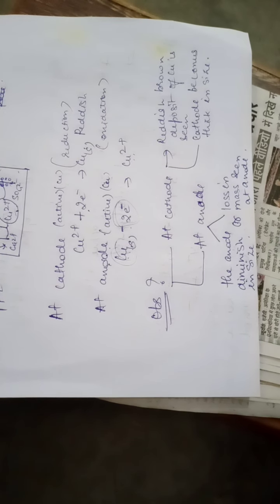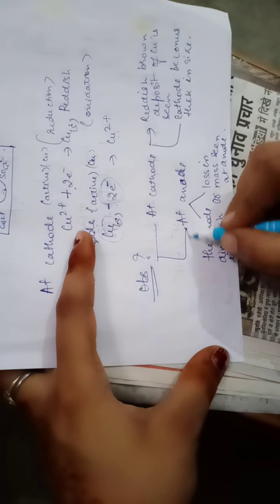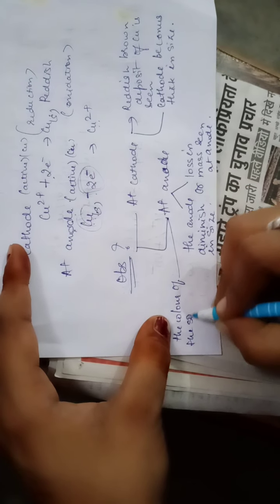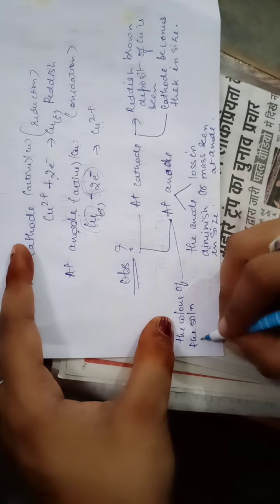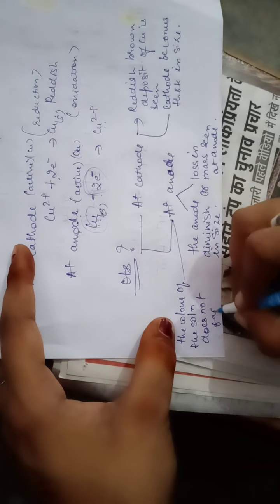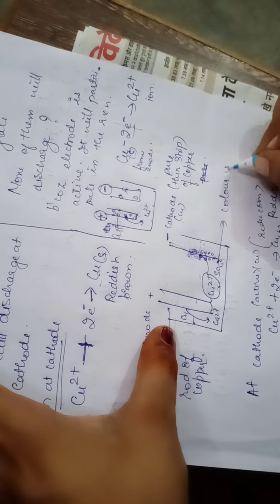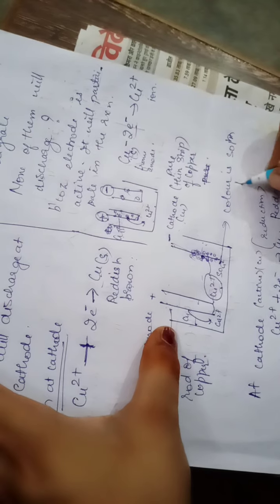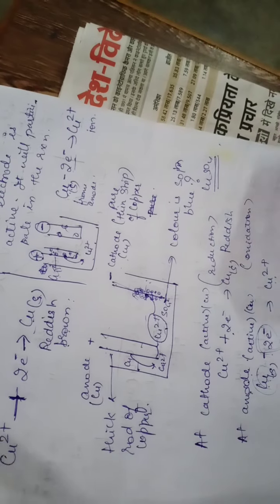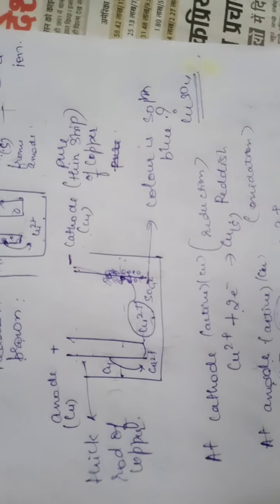Okay, remember this thing. The other thing you have to remember is the color of the solution. What will be the color? That is blue color, which does not fade. Children, why is the color of the solution blue? Because copper sulfate is blue in color. It is known as blue vitriol. Now this color will not fade.